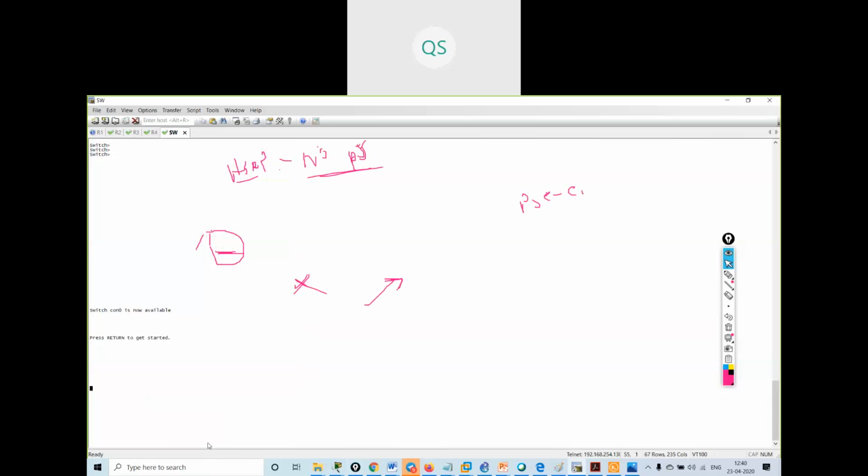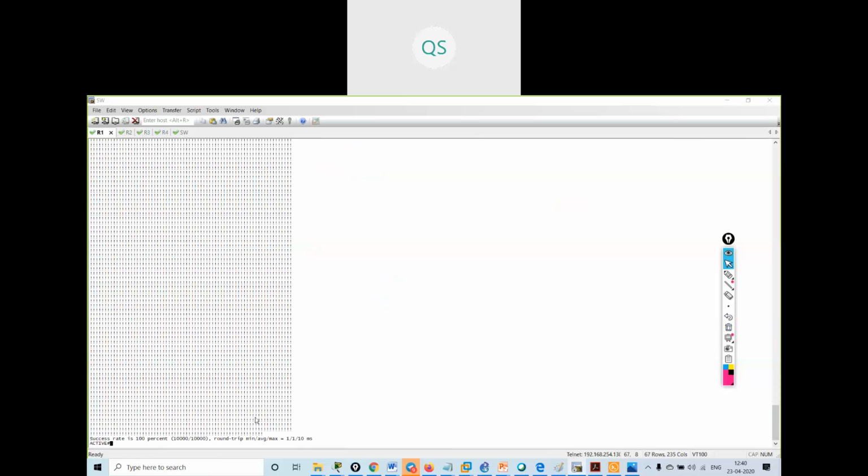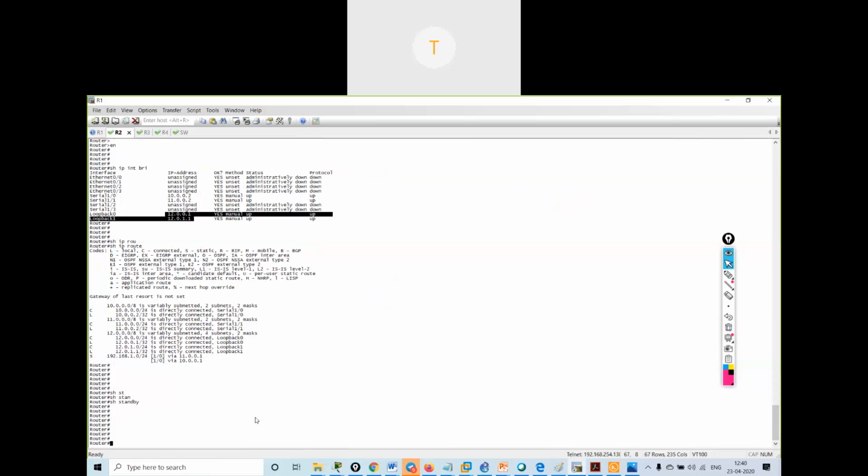Maybe Control Alt F6, okay, it is changing the tab. Control F6 is also changing the tab.